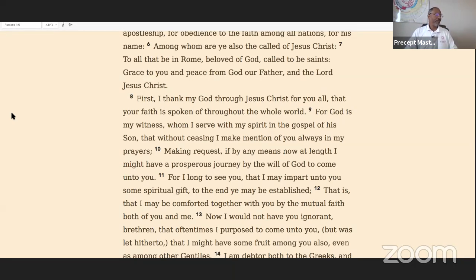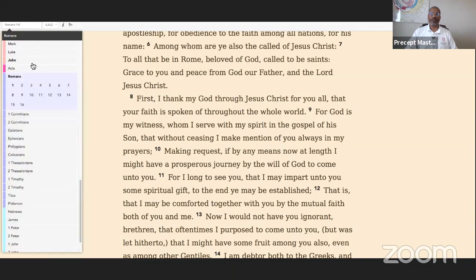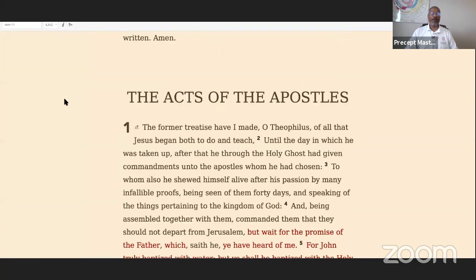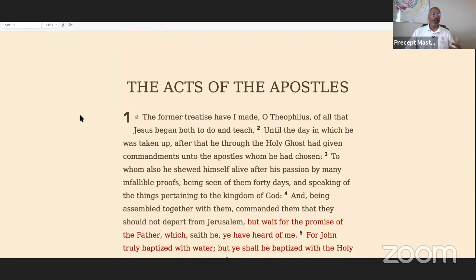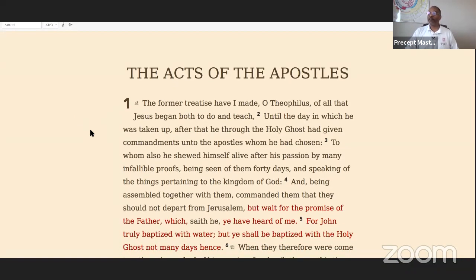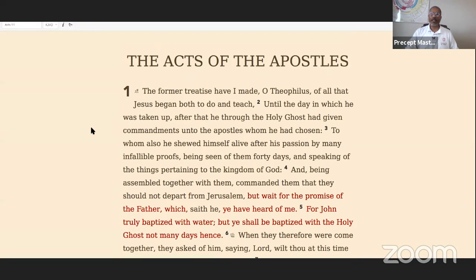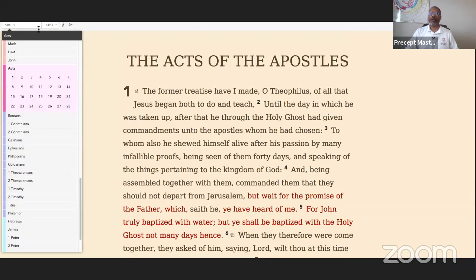So we're going to see something that happened. Let's go to Acts 18, verse 1. And we're going to see Paul talking the same thing. Paul ain't never changed his language, but people will tell you Paul done got rid of things and Paul hasn't done anything. So let's go to Acts 18.